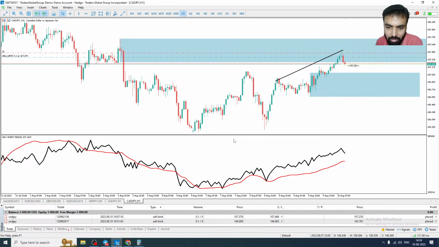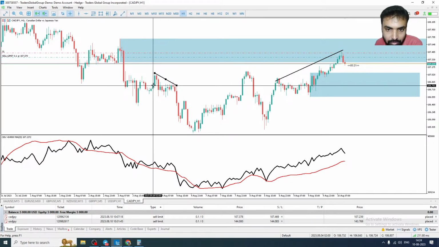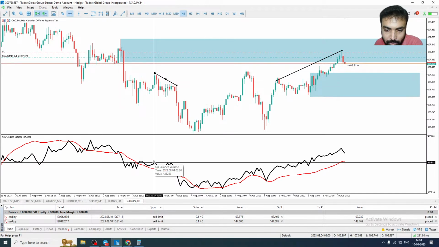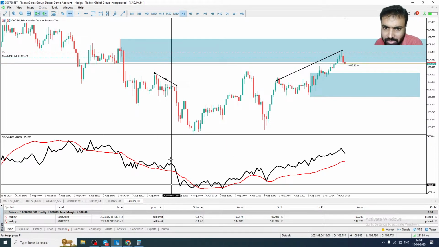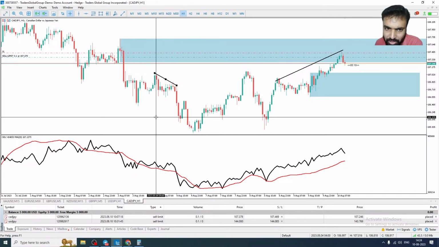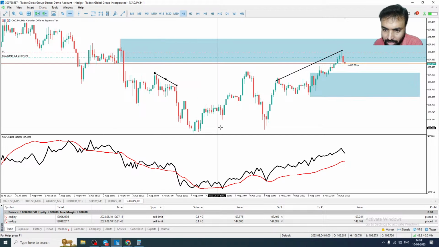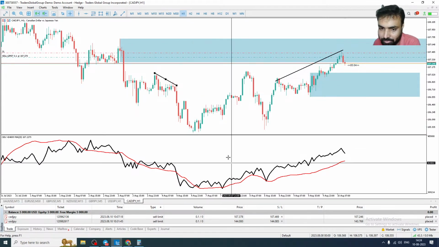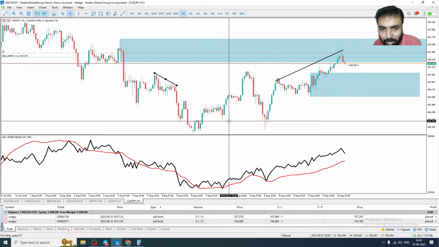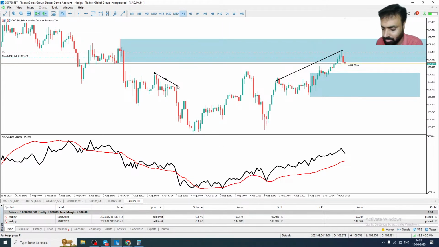For example, from here to here price is decreasing, right? Just see the volume in the same area. From here to here, volume is also slightly decreasing. So this is convergence. We can say convergence. So divergence means price increasing but volume decreasing, or volume increasing and price decreasing. That is called divergence.